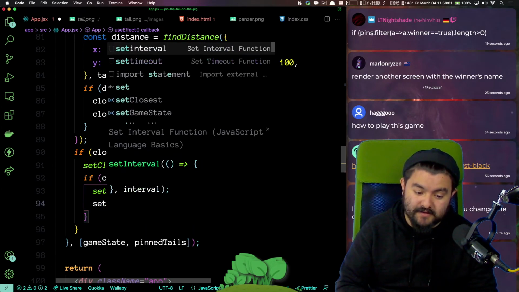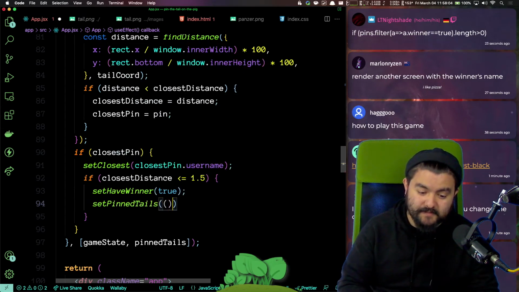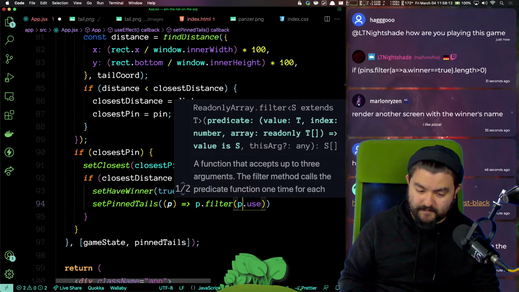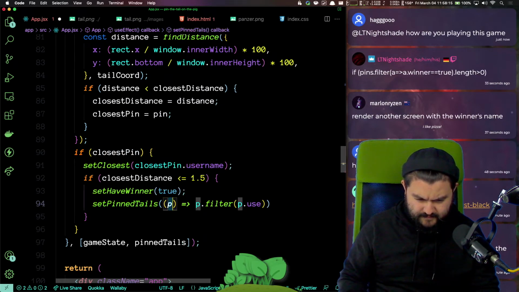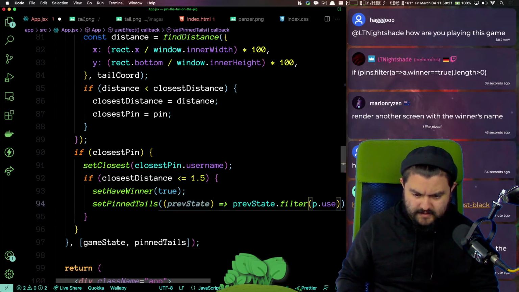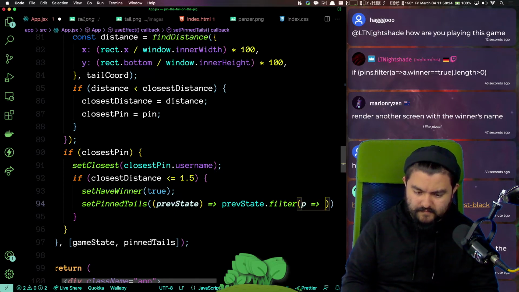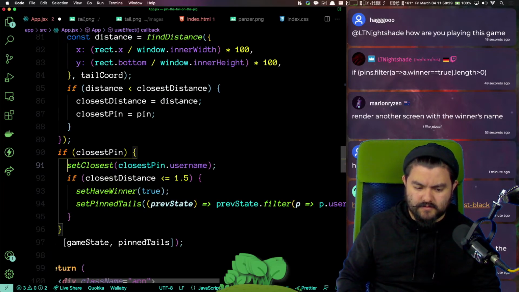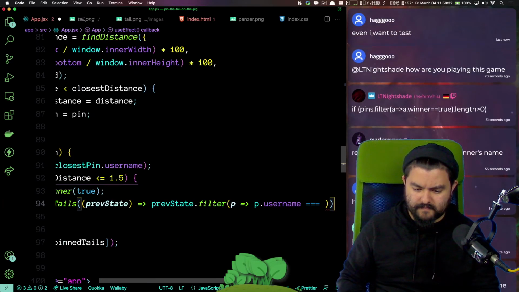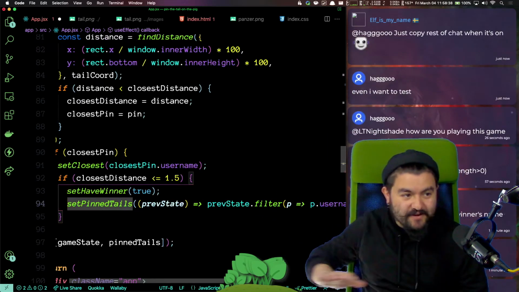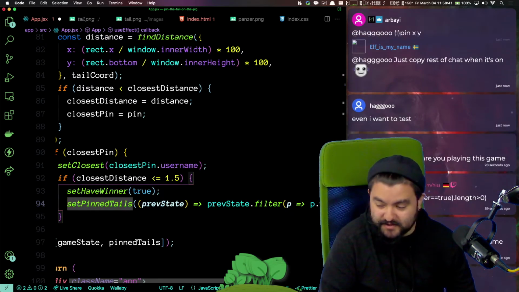So right here we can just do set pinned tails, and this is just p.filter, p.username is equal to the closest pin.username. Okay. Easy. When somebody wins, they are now the only one on the page.